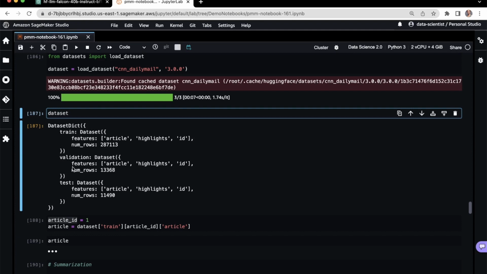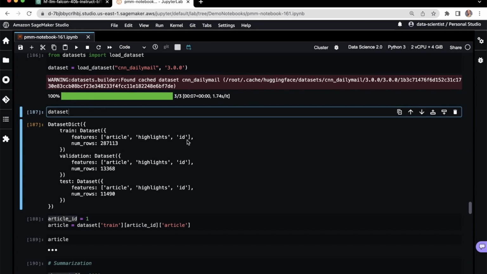So 3 splits, we have the train, validation, and test, and each of these splits has an article. They have highlights from that article, and then, of course, the total number of rows, so about 287,000 articles in the training set, about 13,000 in the validation, and then 11,000 in the test.